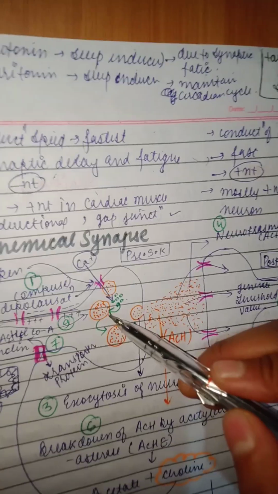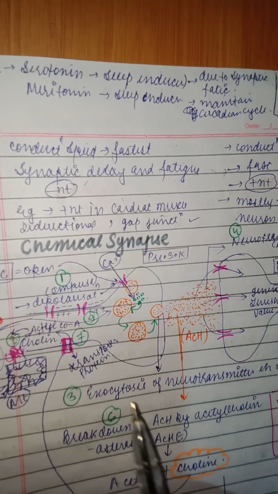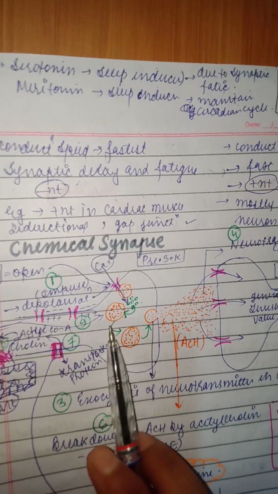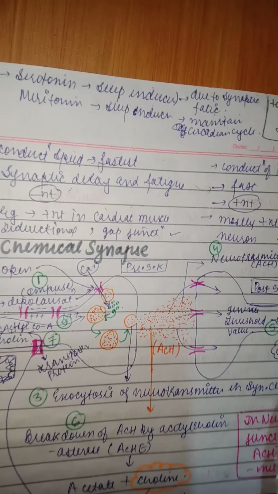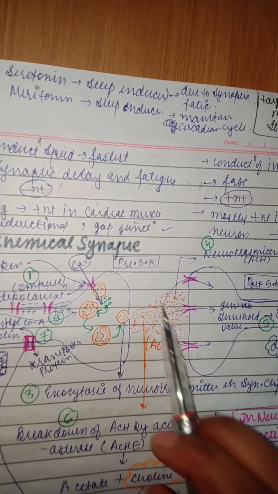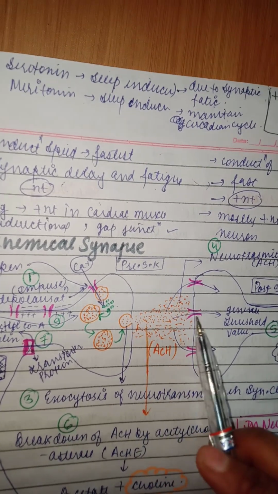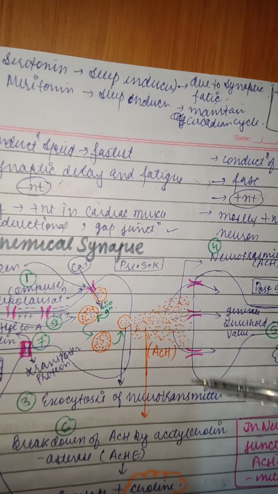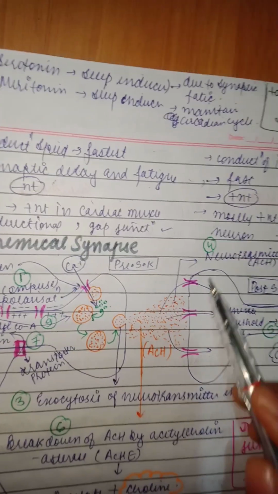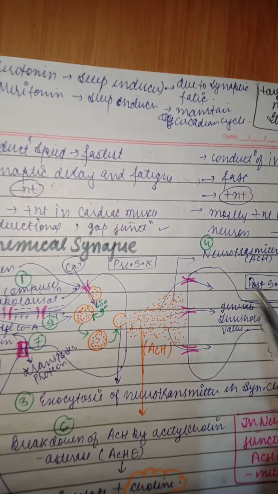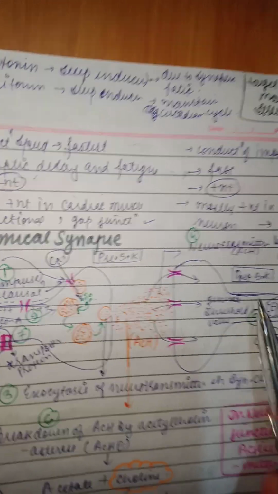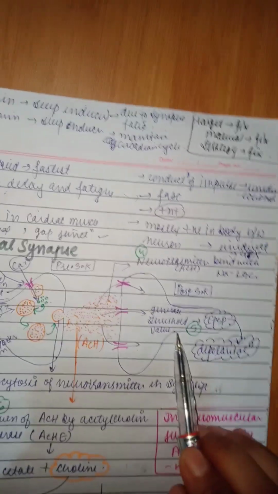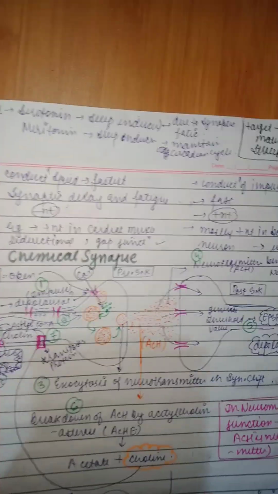These synaptic vesicles will move, and the exocytosis of the neurotransmitter into the synaptic cleft will occur. After that, the neurotransmitter will bind with the sodium ligand-gated channel present on the postsynaptic membrane. Then the generation of the threshold value will occur on the postsynaptic membrane,